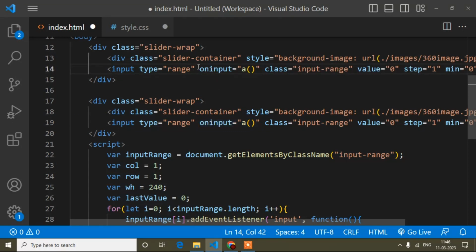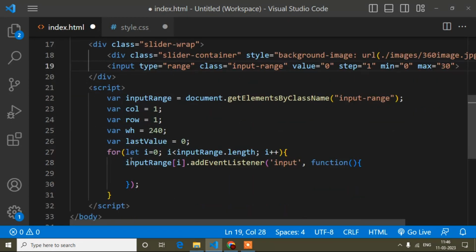This is actually static, but the same thing I can write this way as well, means it will listen to the event, what event, input event, and the function. No need to write a function name. If you want, you can simply write a function name here and later define the function. But I will write it here only.